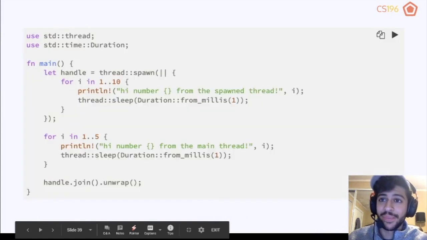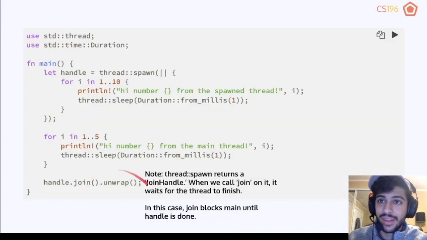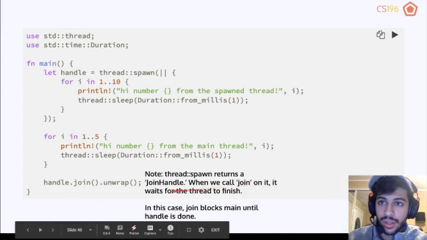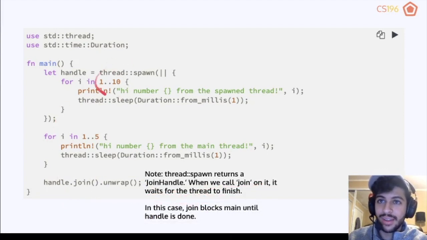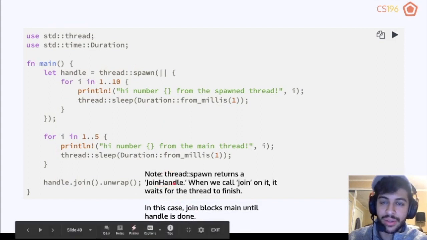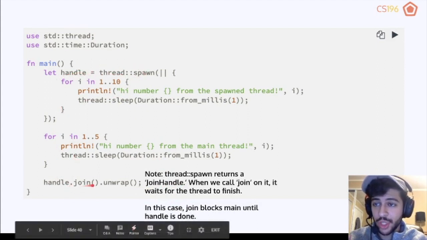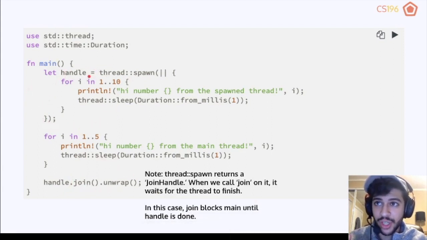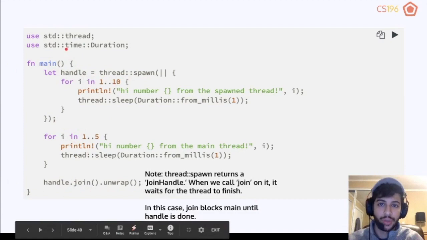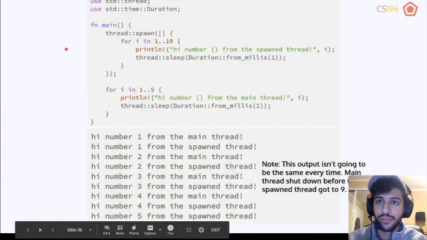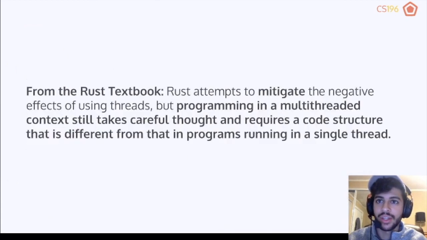So we saw here that join will wait for the thread to finish. So we assigned the join handle, the thing that spawn returns, to this variable here, sorry. And so down here, the function join will actually wait for this thread to finish before the whole main function completes. Because we said before on this slide here,